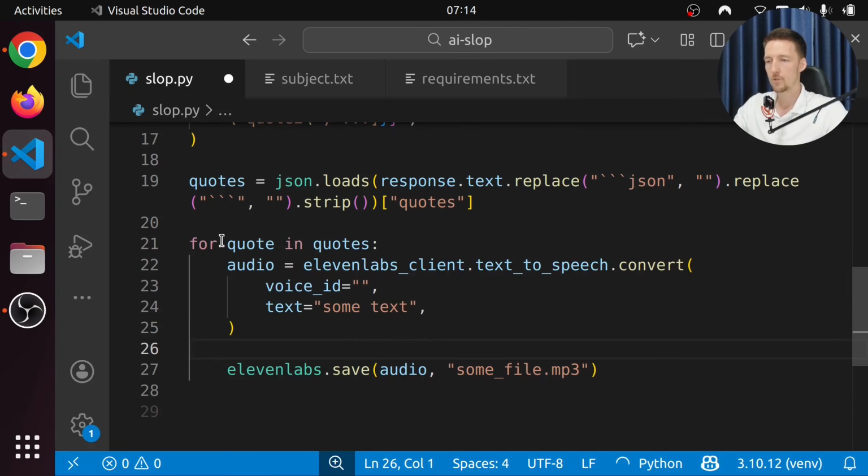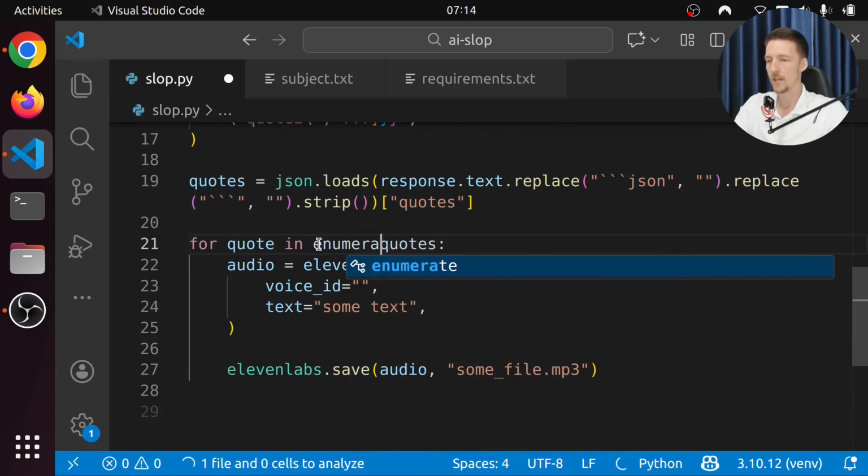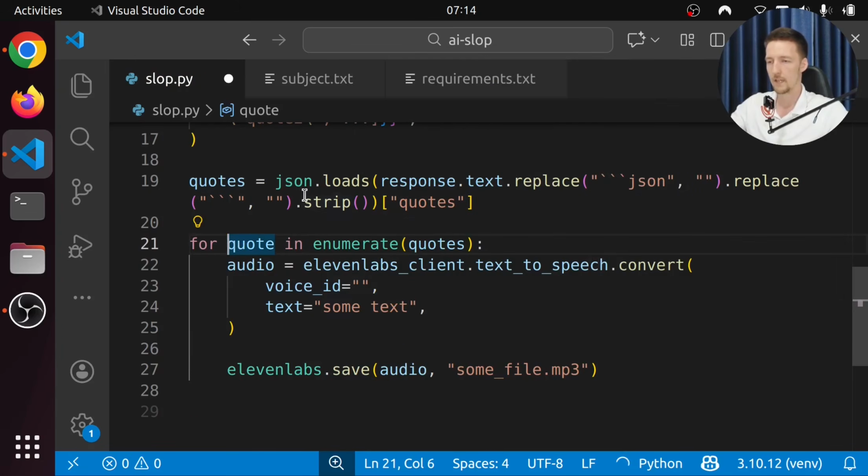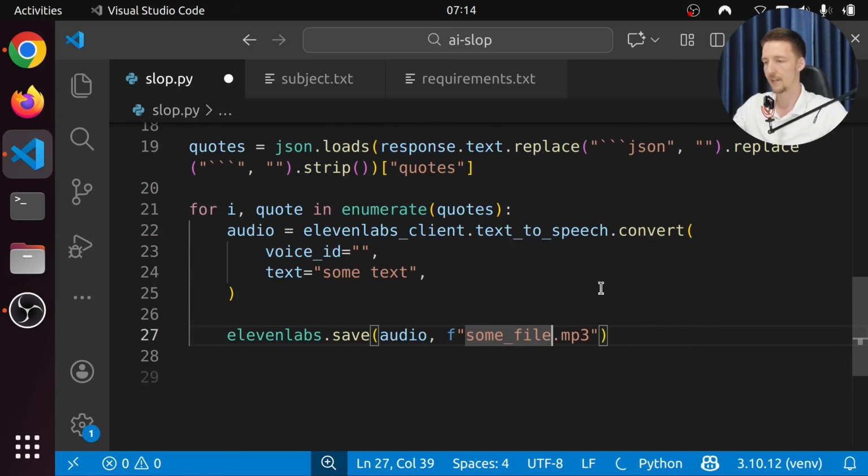And let's use the enumerate so that we can get the index of each quote, and then we can put it in the file name. We can call it, let's say, quotei.mp3, and let's put it in some quotes directory.